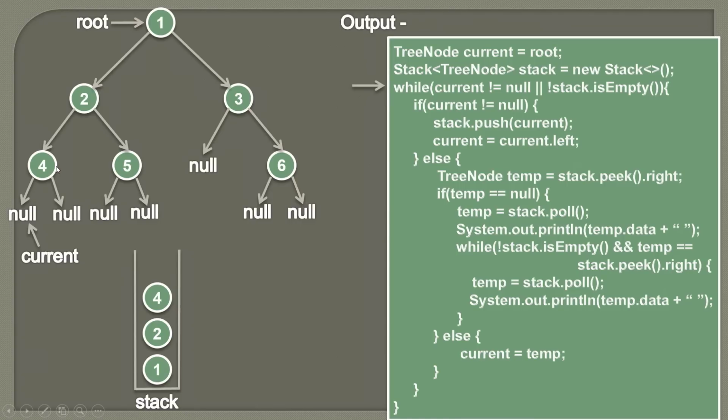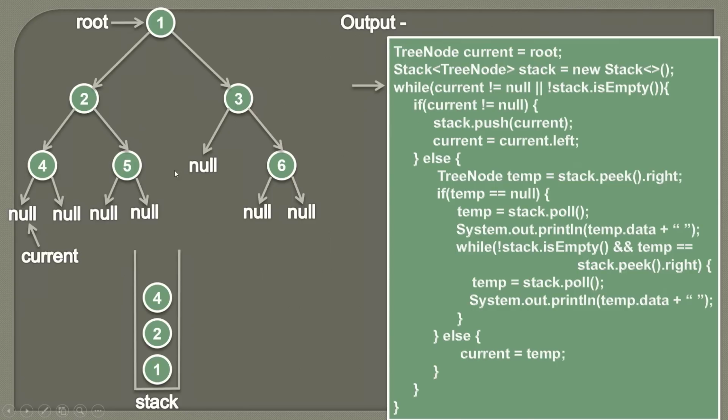So in the post order we discussed that in order to visit any node, we need to visit all its left children, then we need to visit all its right children. So if current is pointing to a null, then there can be two possibilities, that this null value can be on the left side and this null can be on the right side. So if the null is on the left side, we need to visit the right subtree for this node. And if the current is on the right side, then we know that we have already visited left and we have already visited right. Then we can simply visit the node.